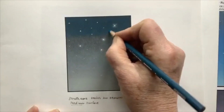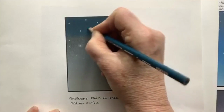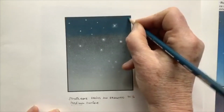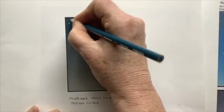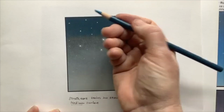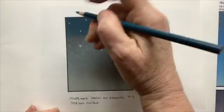So I'm going back up again for a 3rd layer. Again, see that nice angled tip. So now,